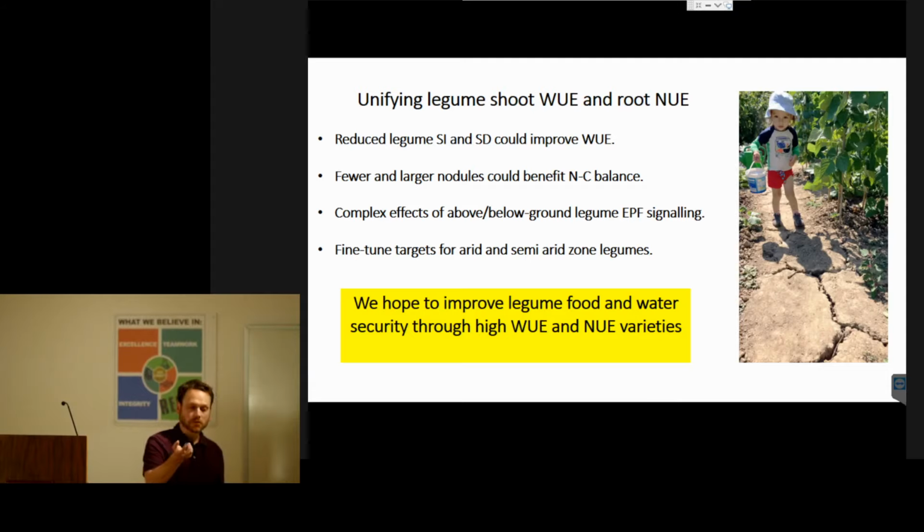And as I'm sure you will all know, there's now a lot of work going on to try and put the rhizobial symbiosis into cereal crops. And that is another step, another stage entirely to think about. But either way, we hope we're starting to unravel this water use efficiency and nitrogen use efficiency